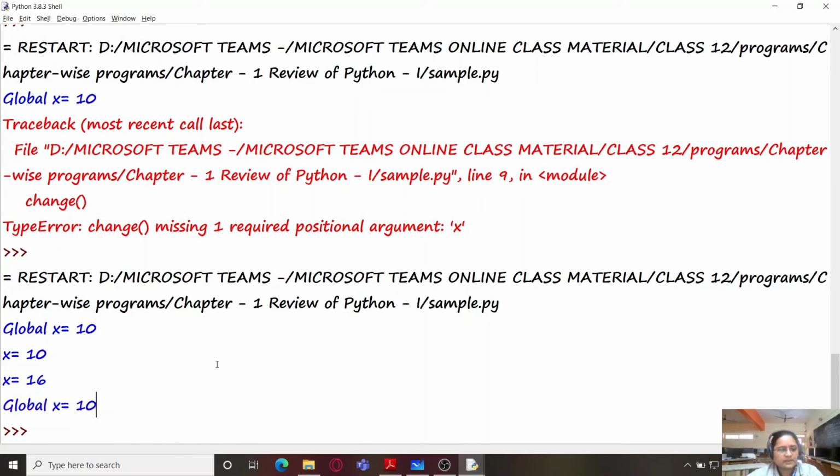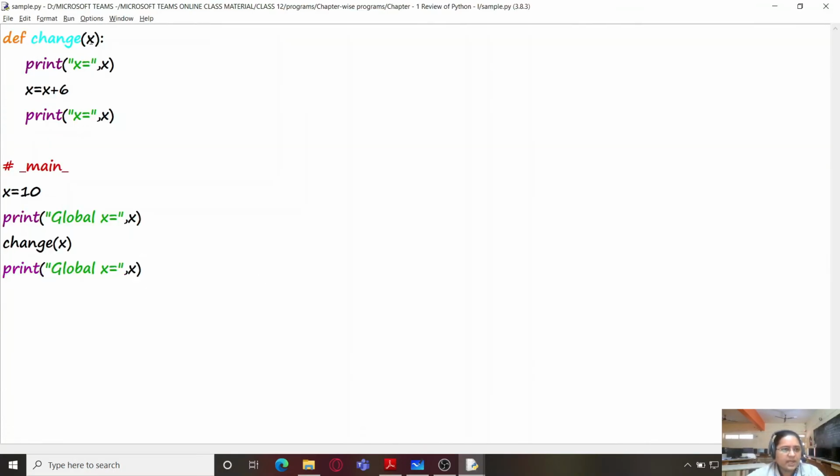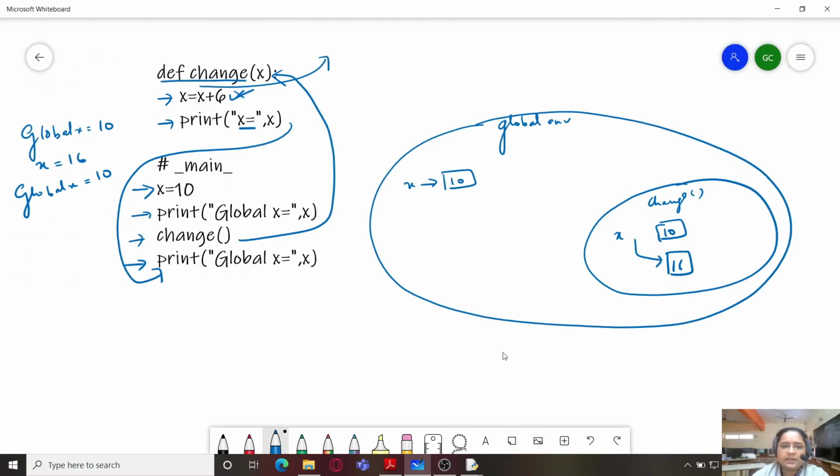Why? Because we have passed an integer to the function, and we know that integers are immutable. Hence, they are created every time. So when an integer is created or a variable is reassigned a value, it just points to some other location in the memory. So here also it is pointing to some other location in the memory.